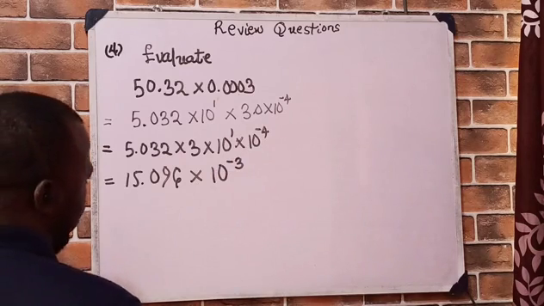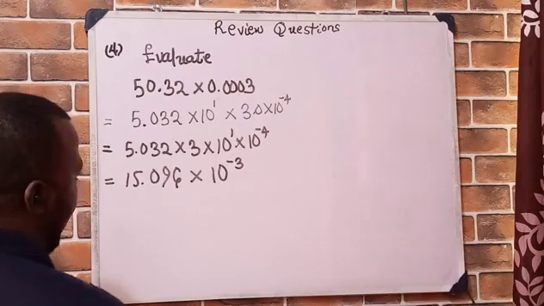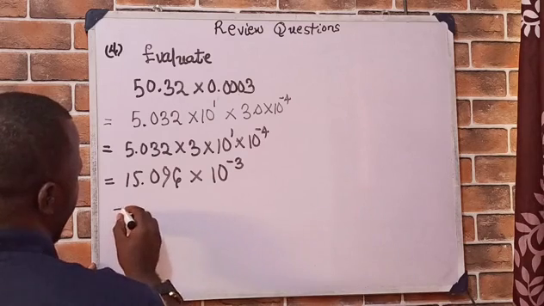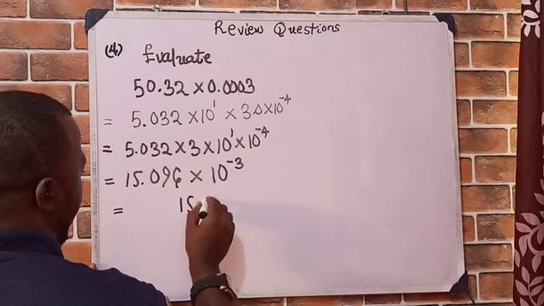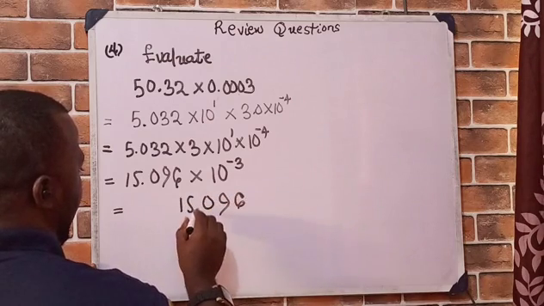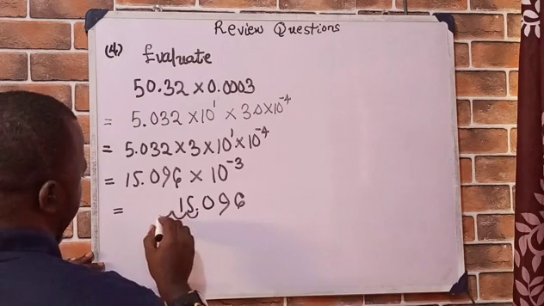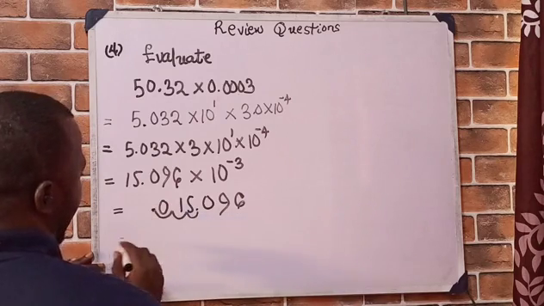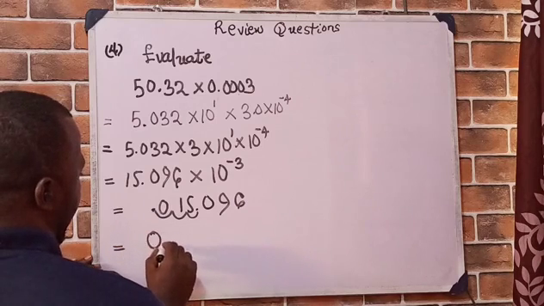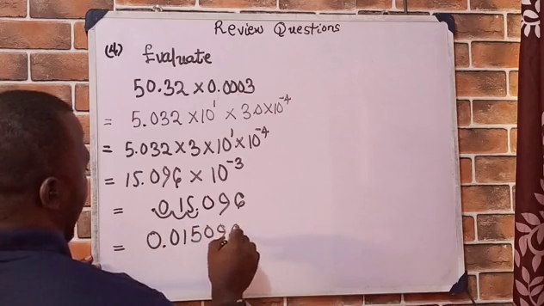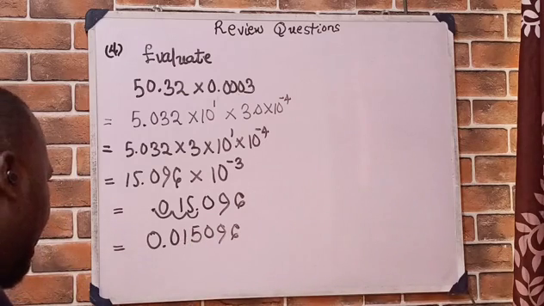And then changing from standard form back to an ordinary number, I'm going to move backwards 3 times because there is a negative 3 there. And that will give me, let's say, 15.096. Moving 3 times backwards, that will be 1, 2, 3. Add a 0 here, and this 1 point here. That will give me 0.015096. Now, I can be asked to round up the answer to, let's say,